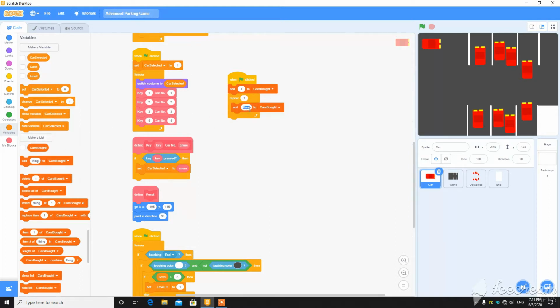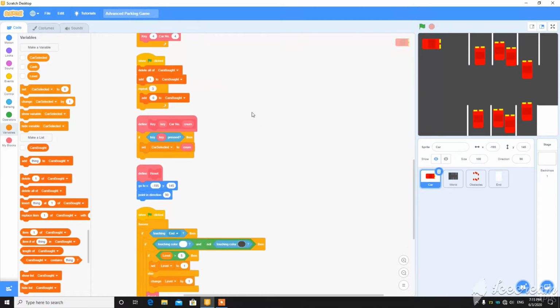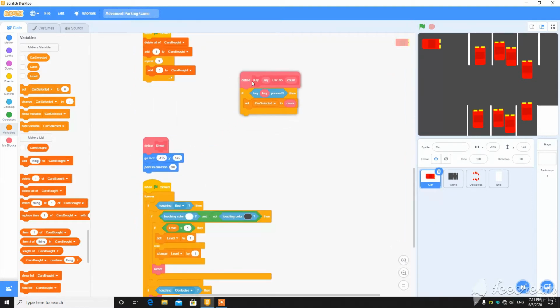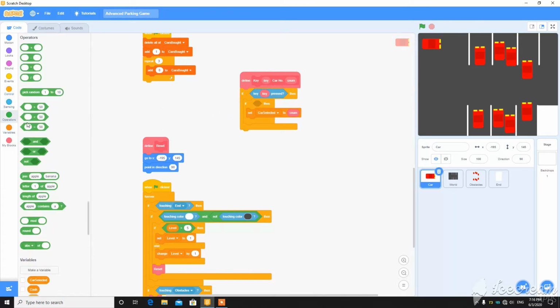Then add 0 to cars bought, and also put here delete all of cars bought before the script works. So you can see the script, if I delete all of them and press the green flag it is like this.